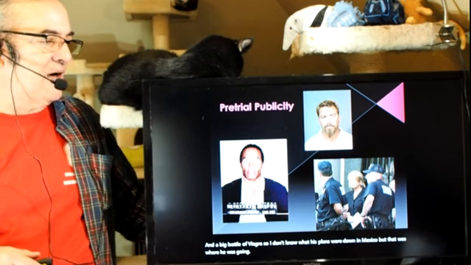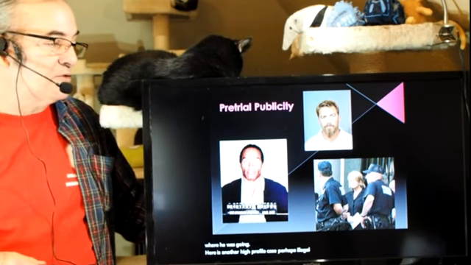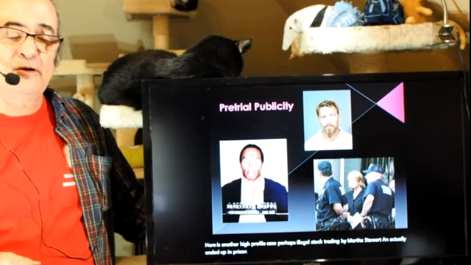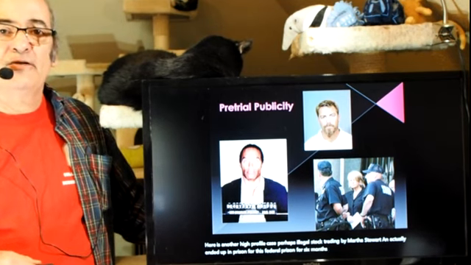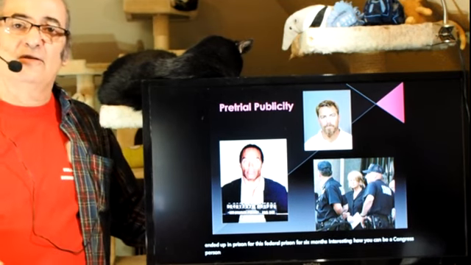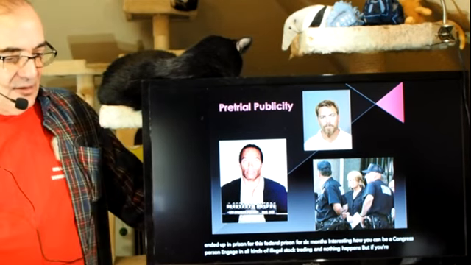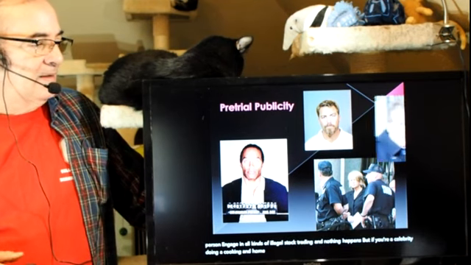Here's another high-profile case, perhaps illegal stock trading by Martha Stewart, and she actually ended up in federal prison for 6 months, right? Interesting how you can be a congressperson and engage in all kinds of illegal stock trading and nothing happens, but if you're a celebrity doing a cooking and home show, I guess you're fair game.